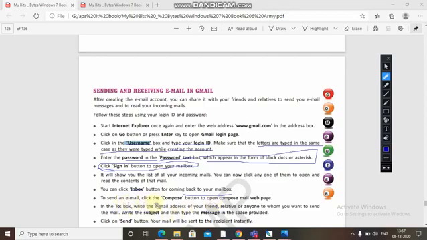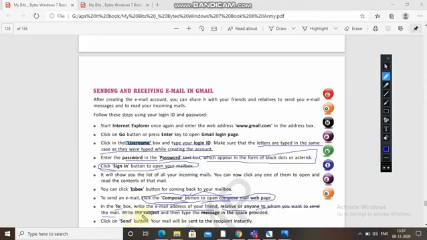To send an email, click the compose button to open the compose mail web page. Means to create a message for sending, you will click on the compose button. In the To box, write the email address of your friend, relative, anyone to whom you want to send the mail.